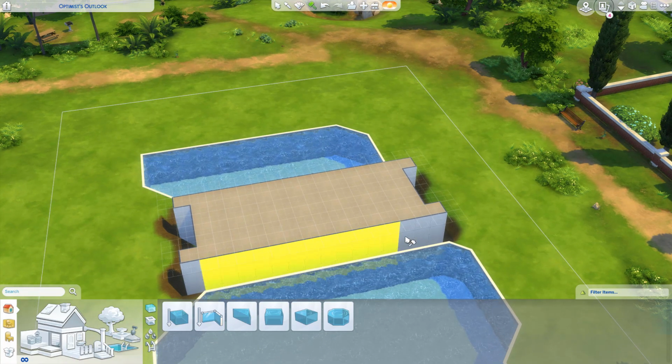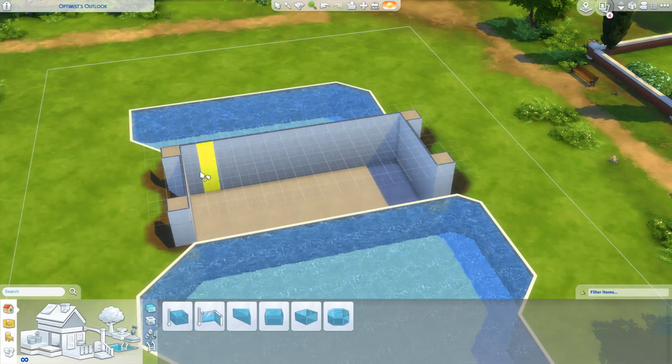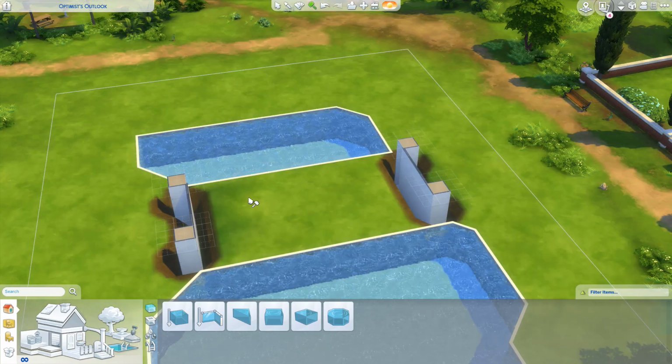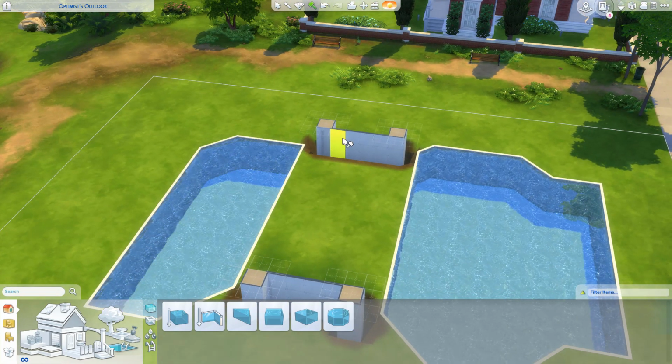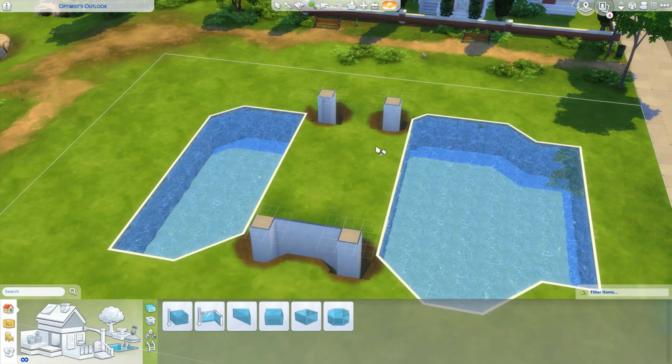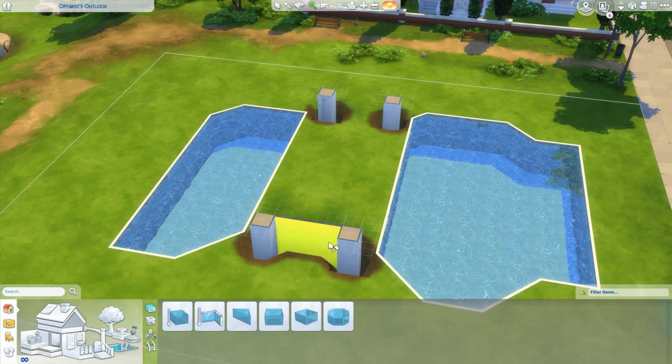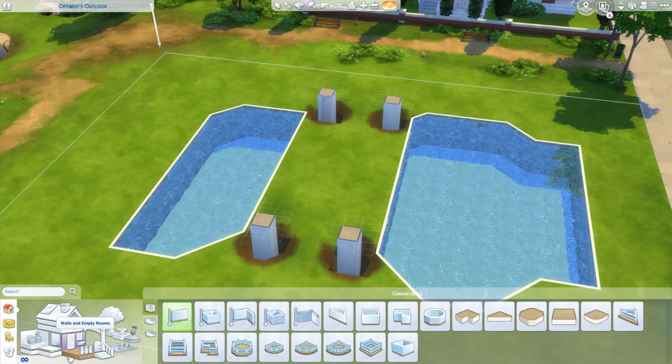So the next thing we do is want to delete all of the inside, so just leaving the pillars that we had before when we started. So you delete the ceiling, the walls, and also the flooring as well, because we want to put the pool back in when we're done. So as you can see, I'm just deleting the walls there, and we're left with the pillars